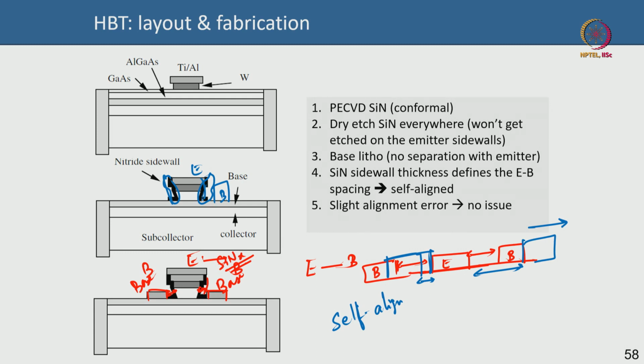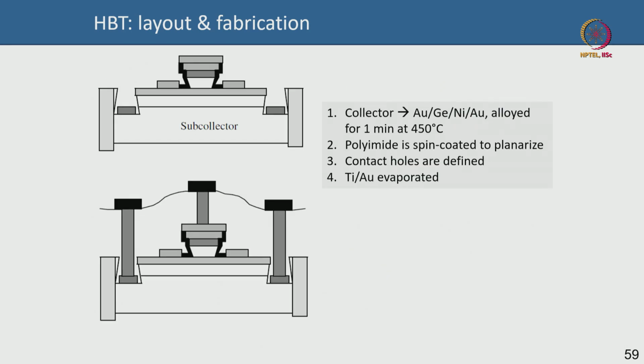Now if you blanket deposit base metal, it will deposit everywhere except the sidewall. So the base metal can later be patterned and etched away from any region near the emitter. However, the emitter to base distance is dictated by the sidewall. So this self-aligned approach gives you no alignment error. Okay, so this is how they do it, and after that of course they will put a collector,